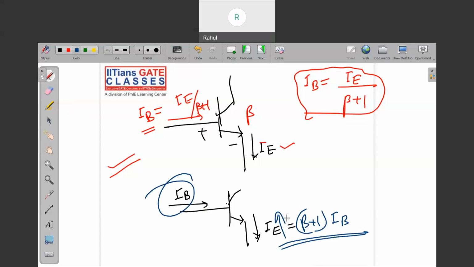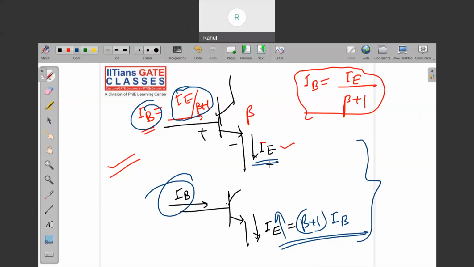This is known as reflection, you can say. If there is IE, the current is reducing, and if there is IB, the current will increase in the emitter terminal. You can also comment on the resistance as well, because if the current is decreasing, then the resistance will increase. If the resistance decreases, then the current will increase, and vice versa. This is very important, which will be useful to solve